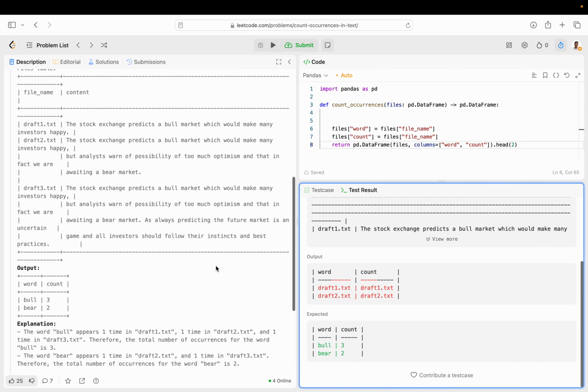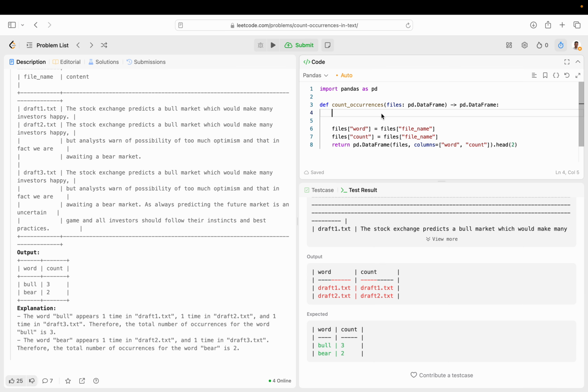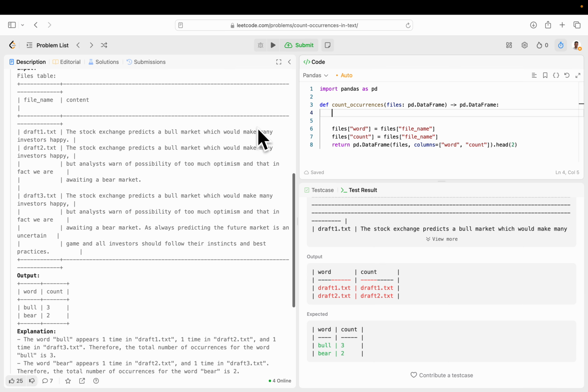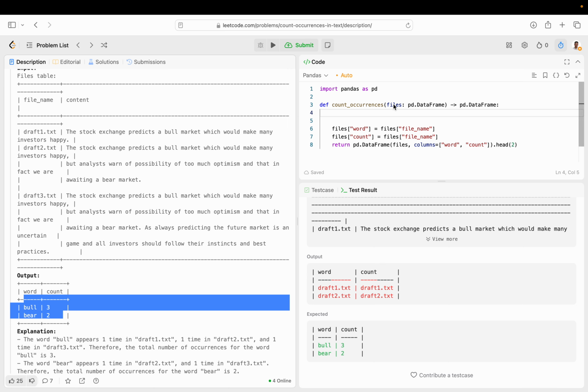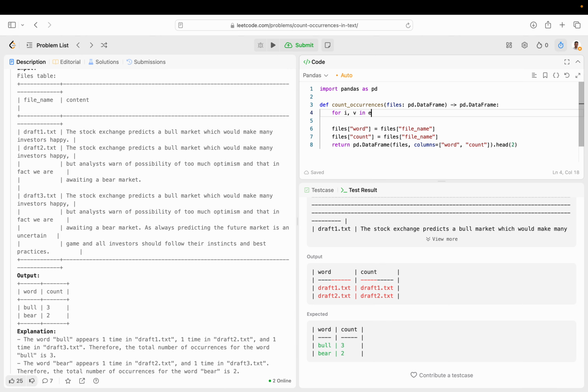Cool. So now we have to basically loop through each row and say, is bull in here? Is bear in here? If so, then increment it by 1. So only 1 row for bull and bear each. So 1 row can only contribute at most 2 points to the total, right? So for i, v in enumerate files